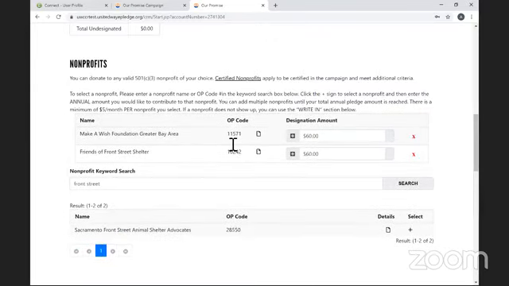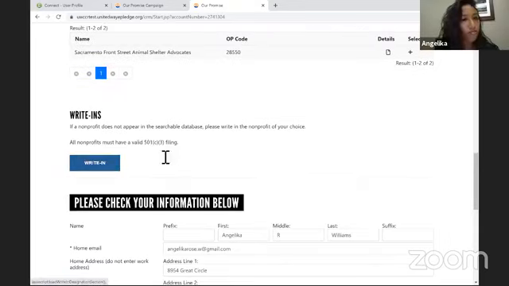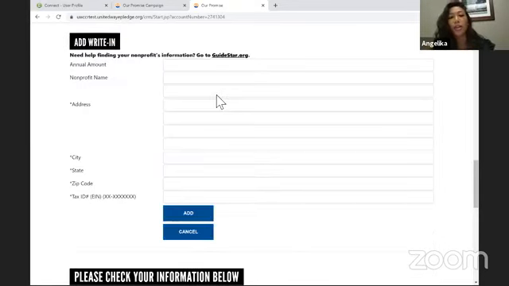Scroll down where it says nonprofits. Was it right in the write-in section? There you go. Perfect. Okay, yeah. So in the write-in section, this is actually a really good thing you mentioned it, because